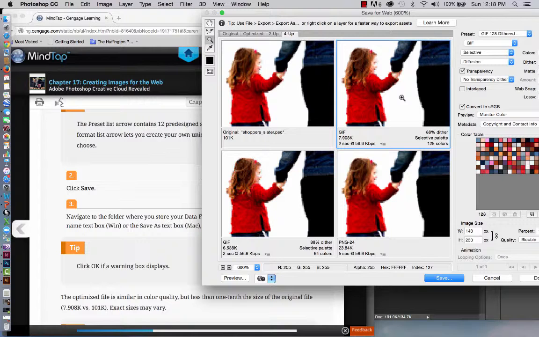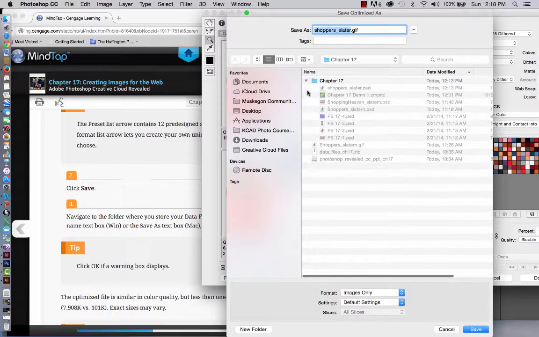I think we're going to save this. And these, by the way, are the colors that are shown in the image. If you have this table completely full, it might be an issue. It might indicate that there's more colors in the image than it's allowing to show with this particular format. So we're going to click Save, and then we're going to go back to the data file,